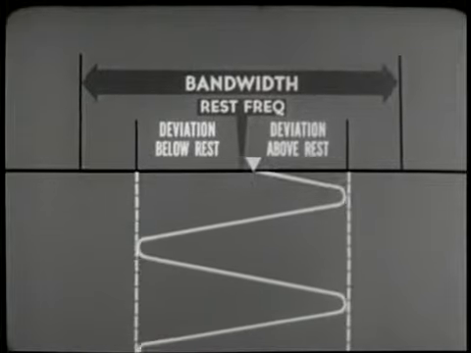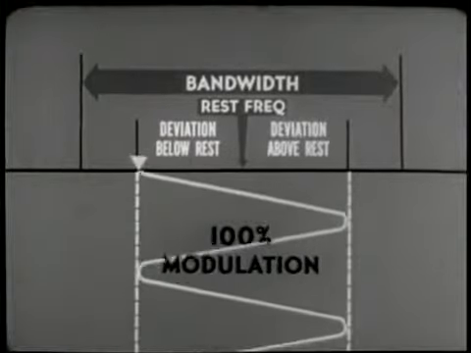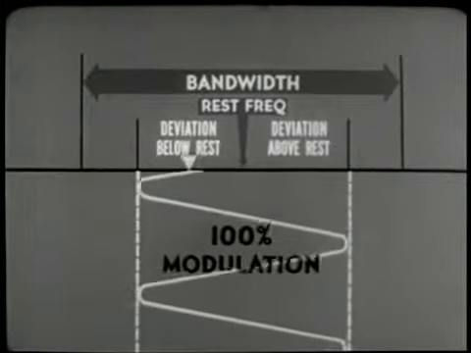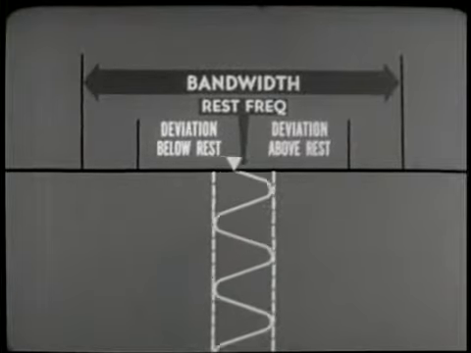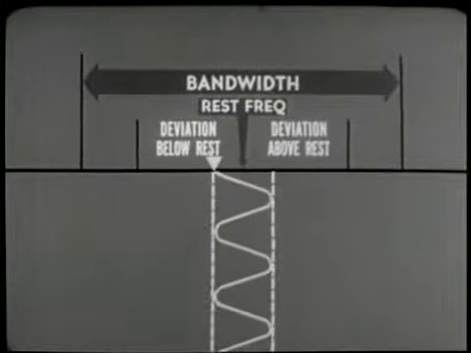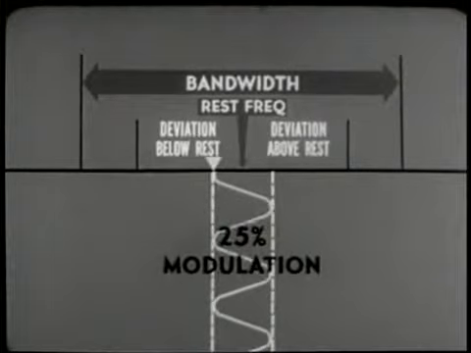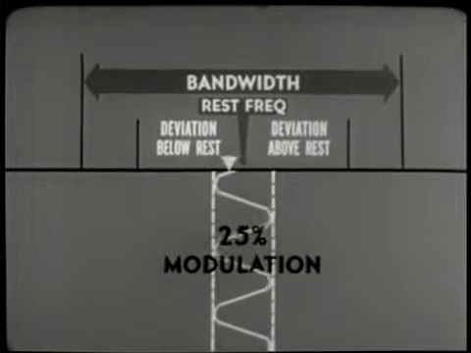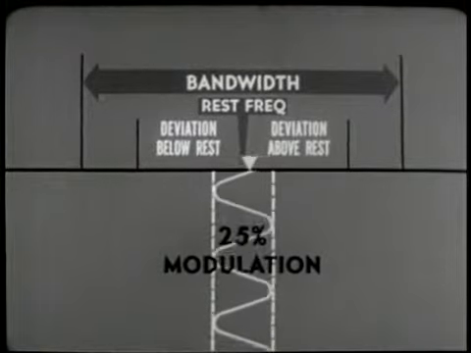And this brings up another point, percentage of modulation. In FM, 100% modulation is achieved when the carrier reaches full deviation. If the amplitude of the modulating signal is lowered so that the carrier deviates only 25%, or 1/4 the frequency scale allotted to it, the carrier is said to be modulated 25%. Percentage of modulation in FM, therefore, refers to the amount of carrier deviation in relation to the total frequency range, or range of deviation, allotted to the particular FM channel.